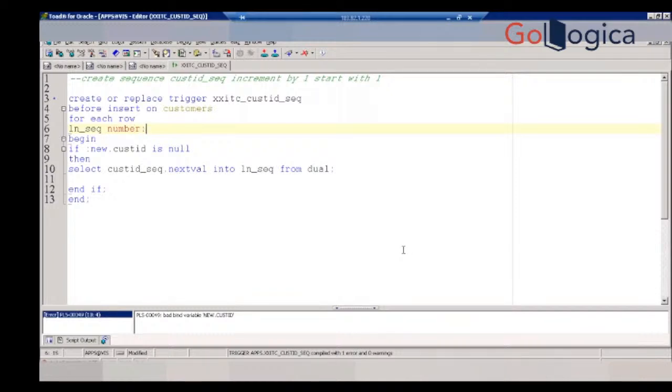Now see, if I execute this way, it will execute. But still,